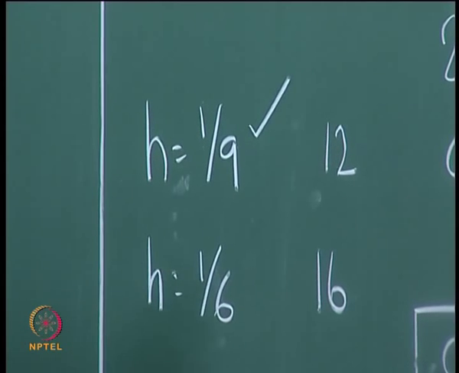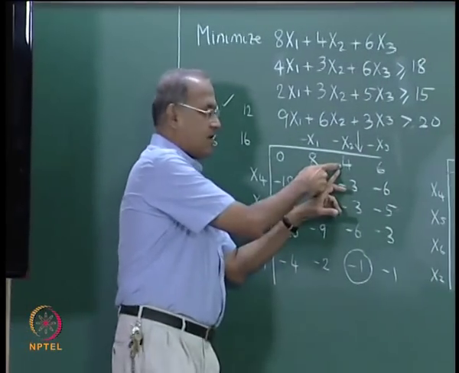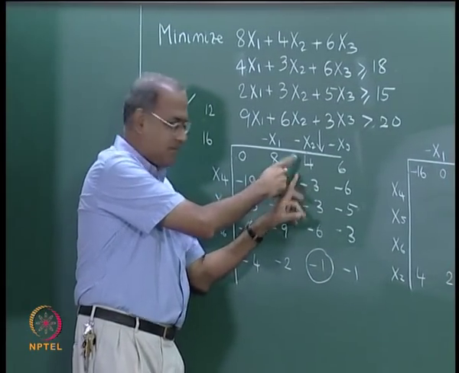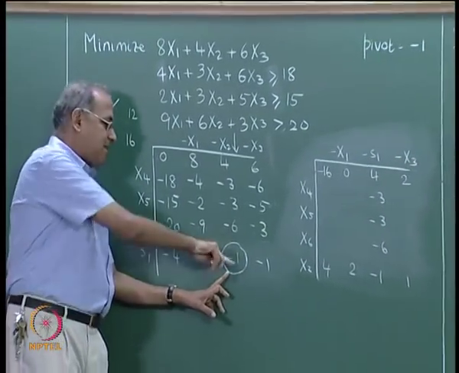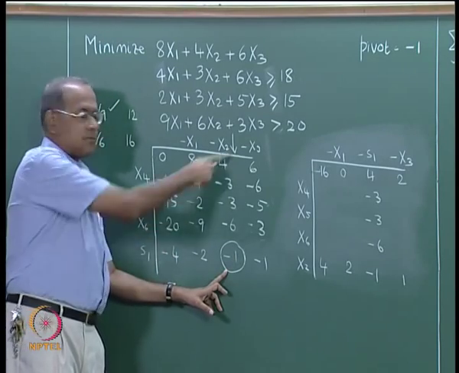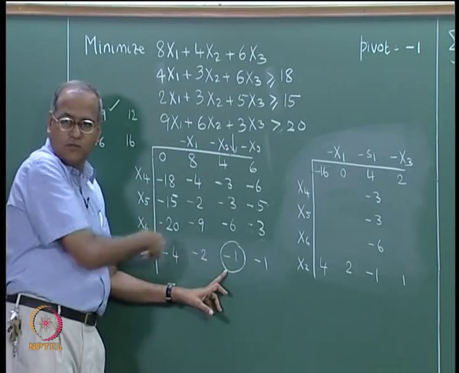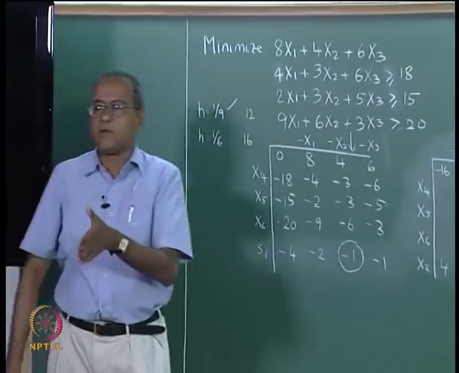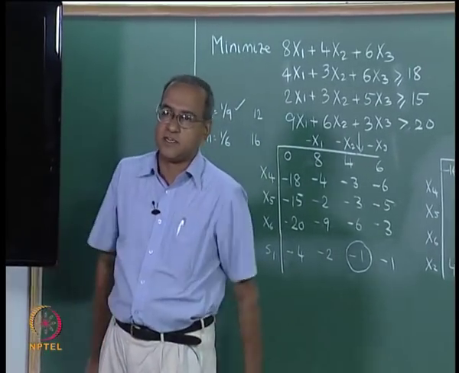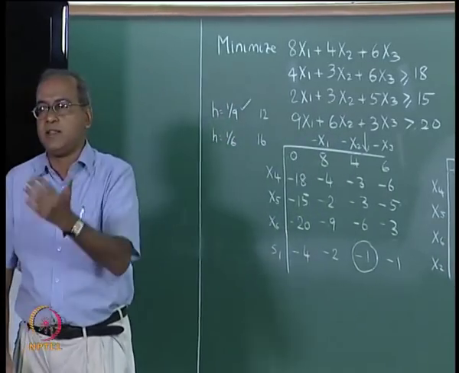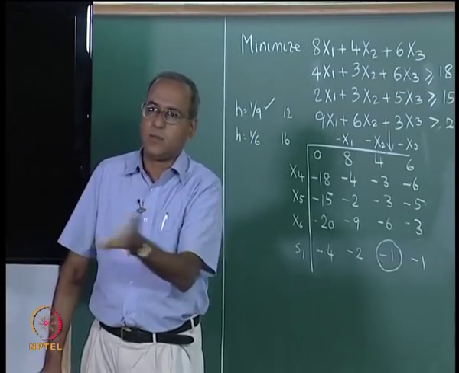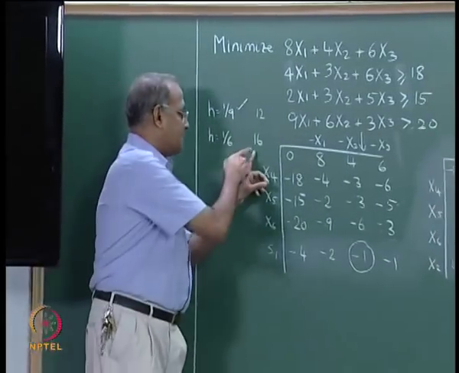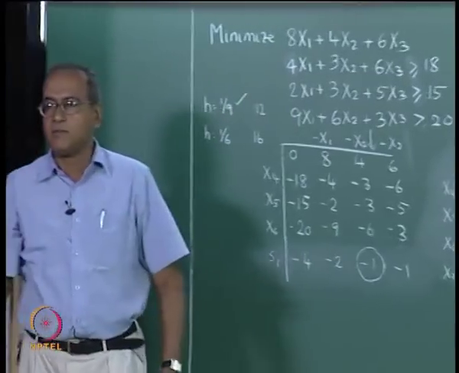One can also understand this 12 and 16 in a slightly different way. For example, this is like your Cj minus Zj or Zj minus Cj. This ratio is your theta or minimum ratio. Because the pivot is minus 1, this will be straight away this product. 4 by 1 is 4, 4 into 4 16. We also know in linear programming that the increase or decrease in the objective function is the product of the minimum ratio and the corresponding Cj minus Zj or Zj minus Cj with the sign taken appropriately. So, this gives us a 16, the other one gives us a 12.